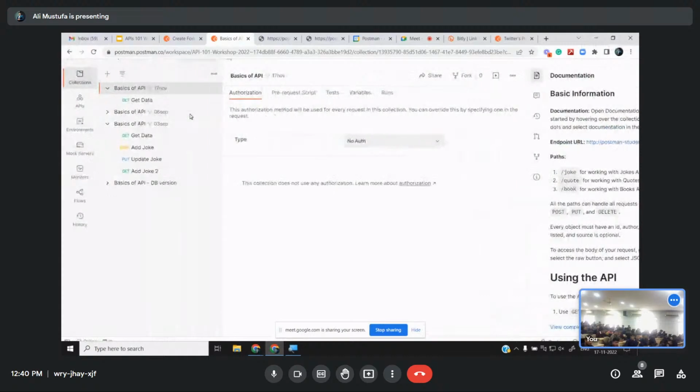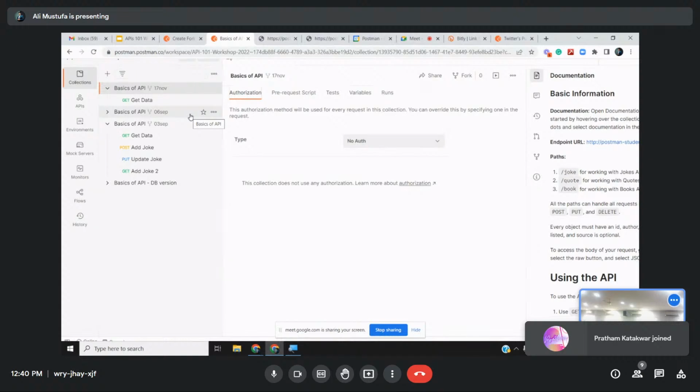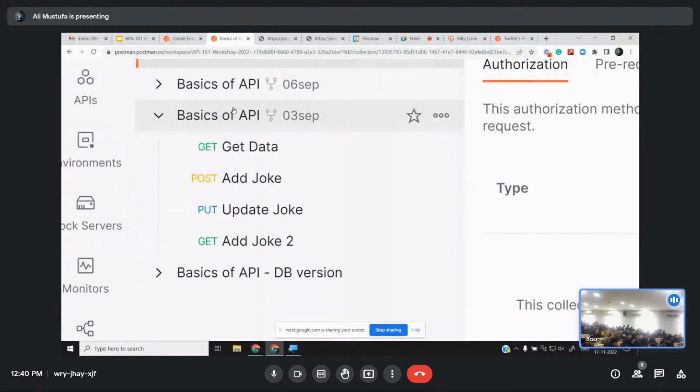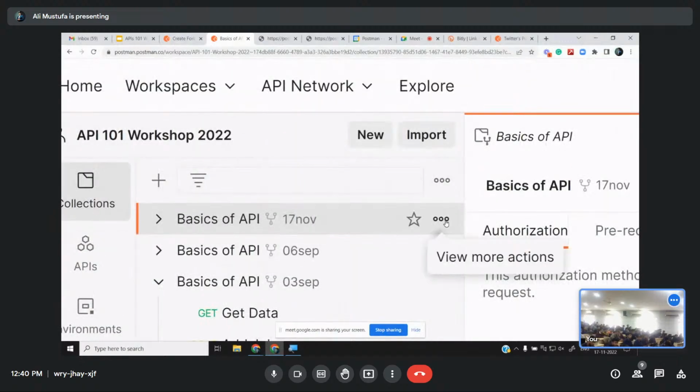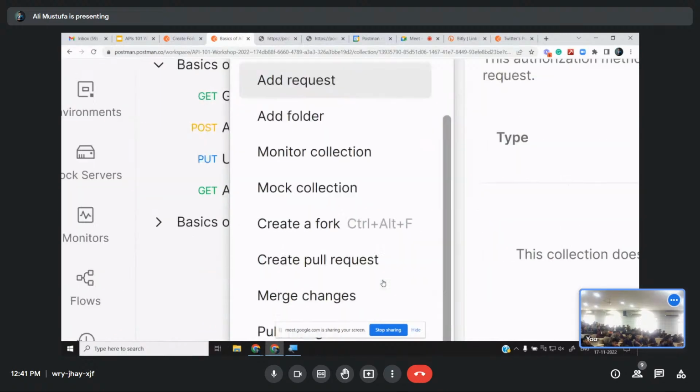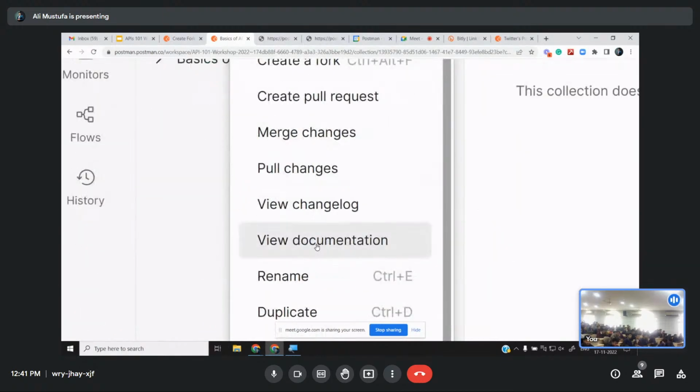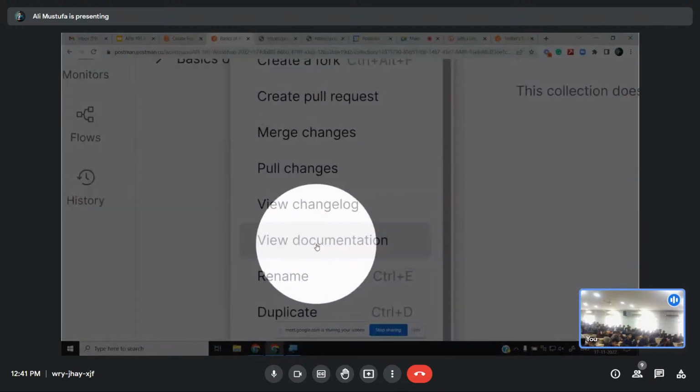Now you are like, okay, Ali, where did you copy this base URL from? Right? And now I'll tell you where I copied that base URL from. Documentation. Where is documentation? Basics of API. So let's go to basics of API. I'll show you once. Okay, let me show you once. Go here, basics of API. Click on these three dots. And then click on what? Click on the three dots and then click on.